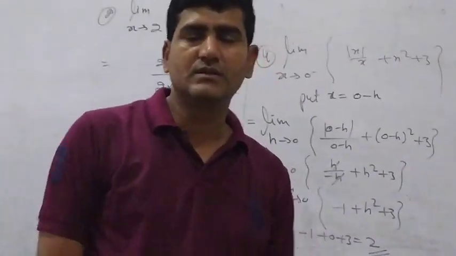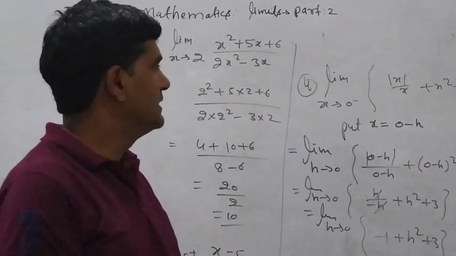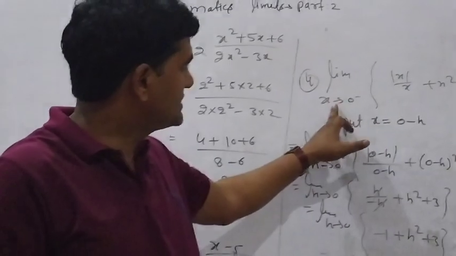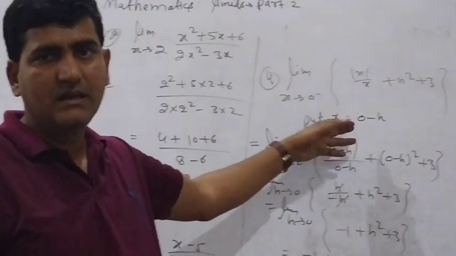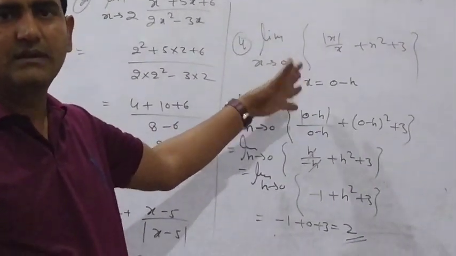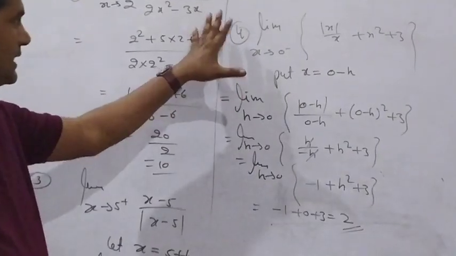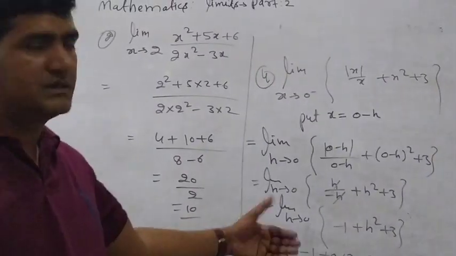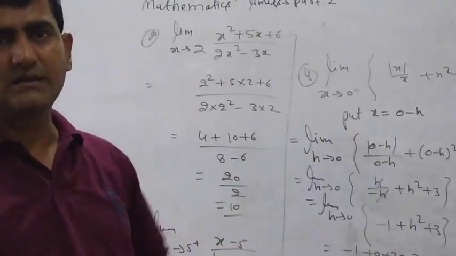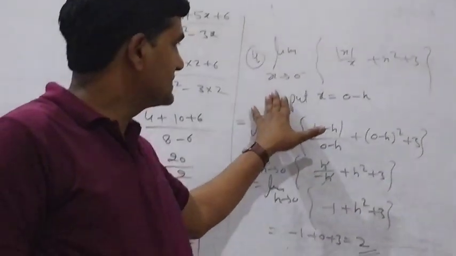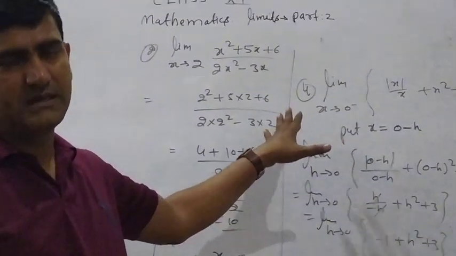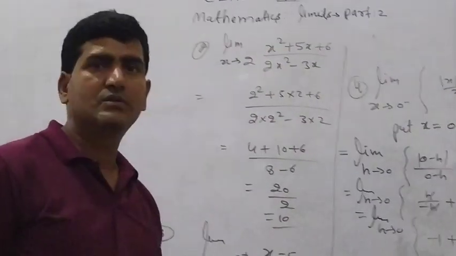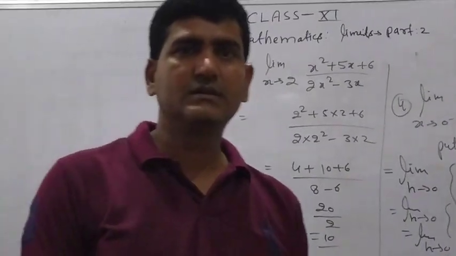Before doing any question, first of all we have to check whether the question is in the form of x tends to a, or x tends to a plus, or x tends to a minus. According to this we can put the value. Then in the third video I will give more examples, more questions based on limits, rationalizing, factorization, and x to the power n minus a to the power n upon x minus a. Then these questions we will do, and all the questions given, we will solve on the board.